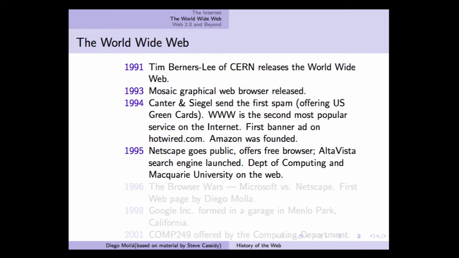Or a directory in which we list everything, like a phone book, basically. Everything that could be found on the Internet. If something was not on the Yahoo directory, then it wouldn't be found. Okay, also in 1995, the Department of Computing